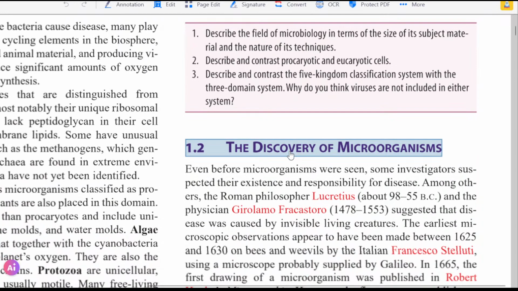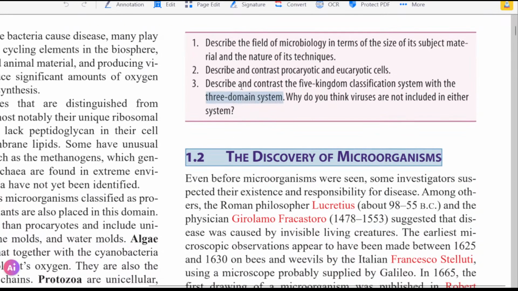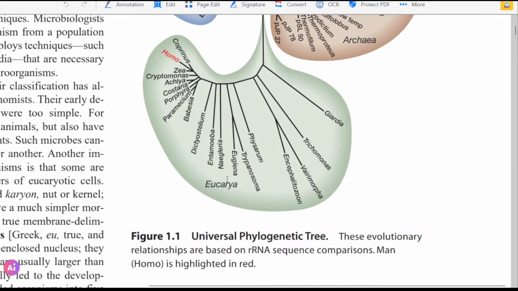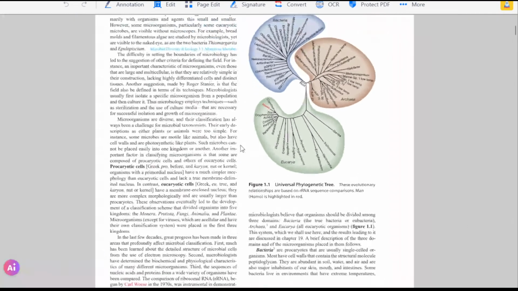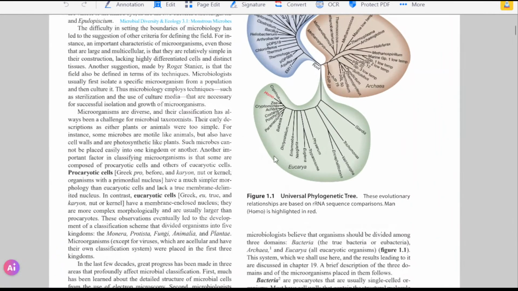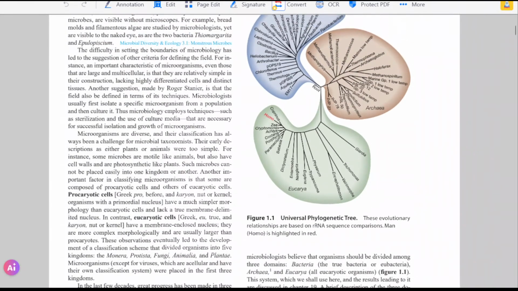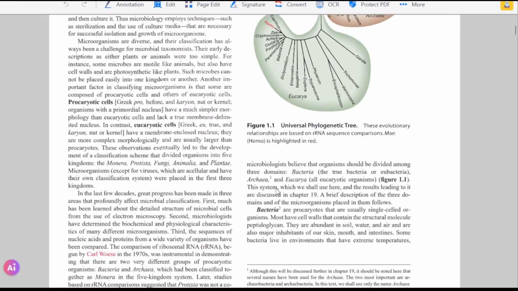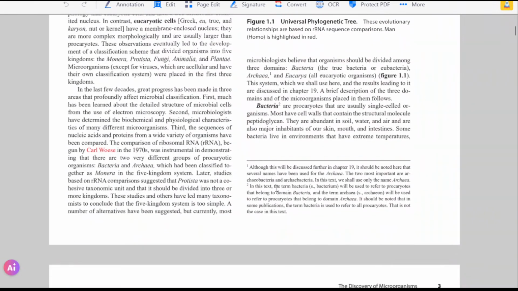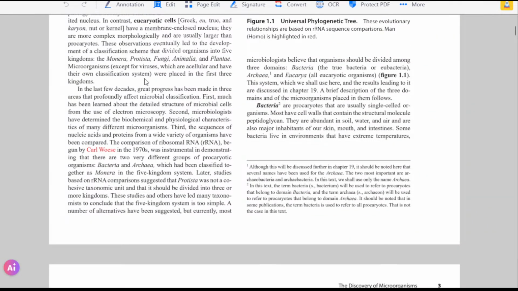So this was the three domain system, right? But later they found out that eukarya, which we made into one kingdom, was way too general, with less specification. So they decided to separate it, and I think they combined the prokaryotes, the bacteria and archaea. They thought, why not put them together? They are less diverse than eukarya, so they put them into one. And wait, there it is. Here it is written somewhere here.